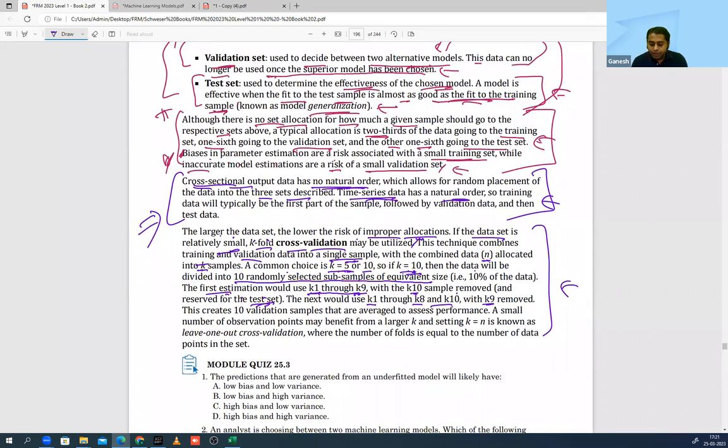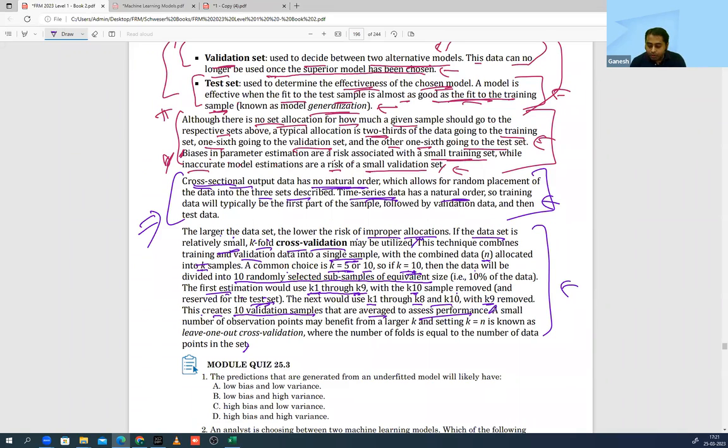Pakka na? So this creates 10 validation samples. 10 times the model will get validated on different samples. बराबर कि नहीं? And I will basically average the performance of all the 10 and I will say this is the performance of the model. ये क्यों कर रहे हैं? Because sample कम है. Logic clear है? थोड़ा सा कंफ्यूजिंग लिखा है बट कॉन्सेप्ट बहुत सिंपल है. ये एक प्रॉब्लम है. ओके, we are moving ahead.